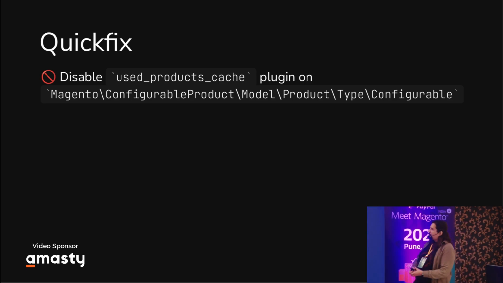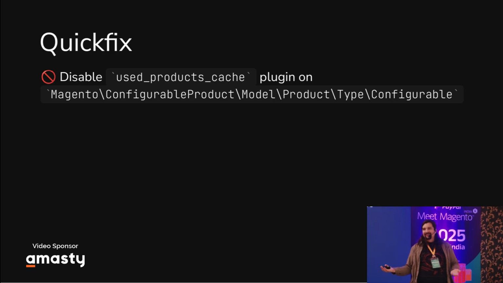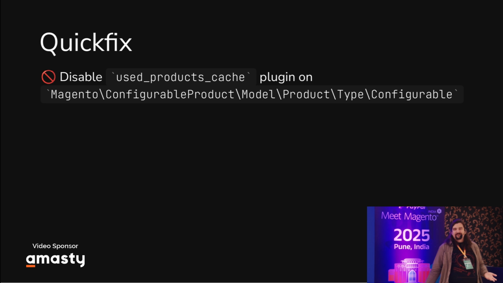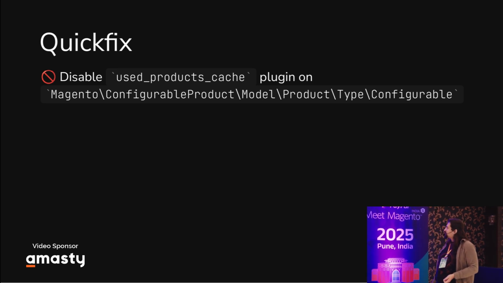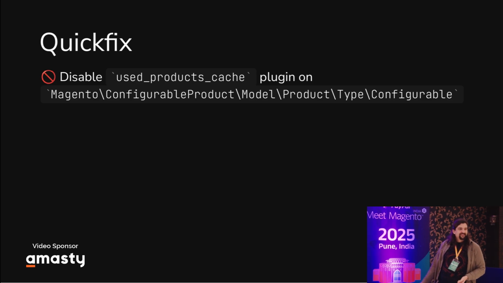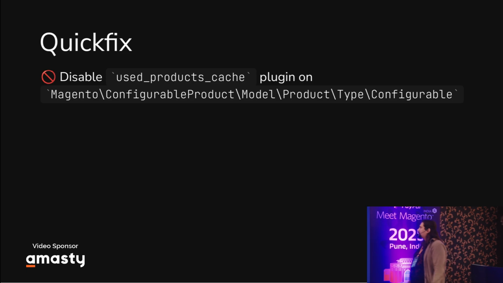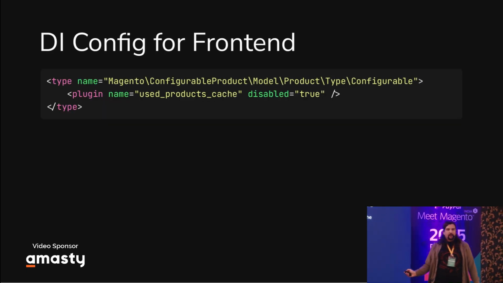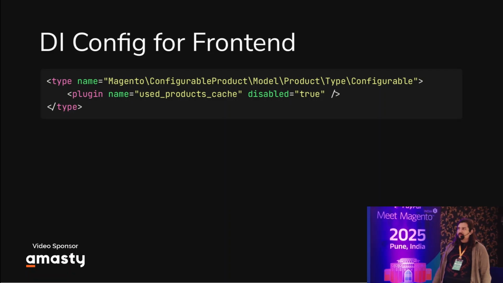Another thing is low Varnish cache hit ratio. Everyone uses Varnish, I hope, right? It's the best solution for full page caching. Redis is quite bad for that. It's busy with caching configurable products for Magento. So Magento has this nice cookie called X-Magento-Vary. And inside of that cookie, Magento puts a lot of data that generates other variations of the cached page.